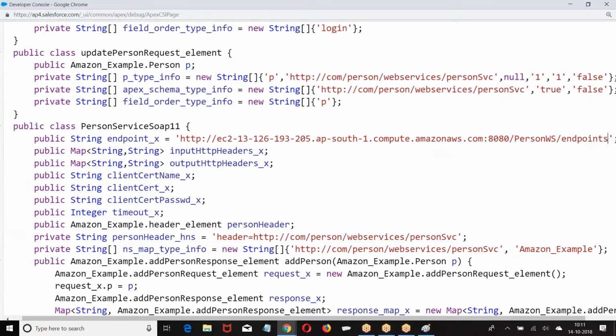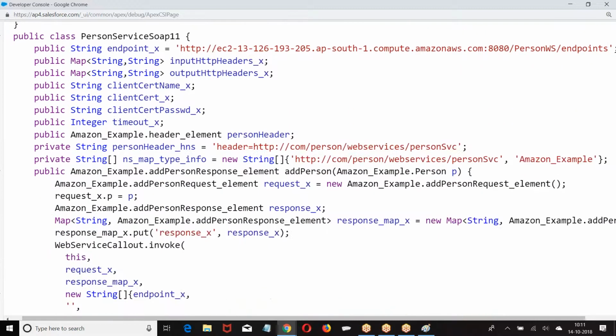What is this input header? Key value, key value. What will be there in the REST API? Content type, so and so. Accepted, so and so. Header, so and so. Like that, if any data you want to pass in the header, then I have to pass it as input headers. If you want to pass any data in the URL, that I have to put in input header.